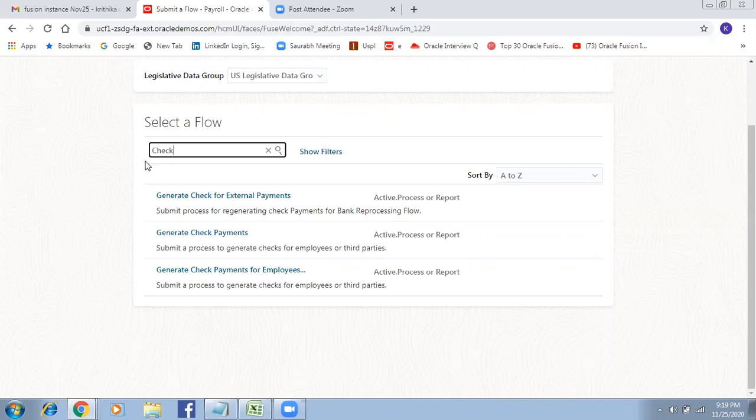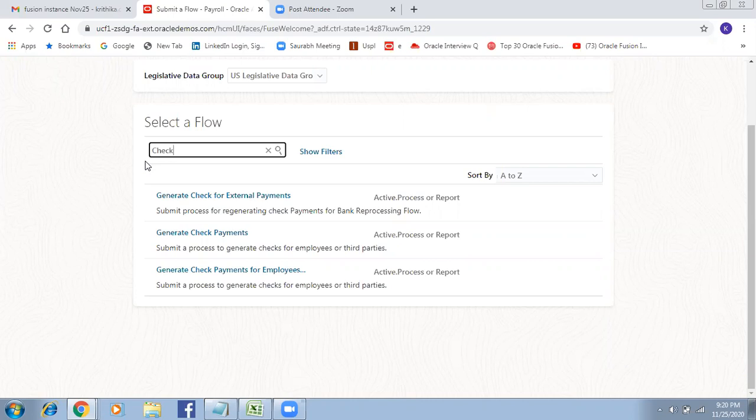Okay, this is weird. Fine. Generate check payments is there, and then there is generate check payments for employees. Which one should I use? Usually we run this generate check payments. Okay.